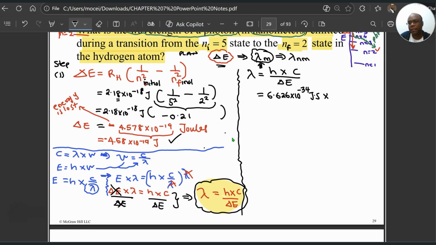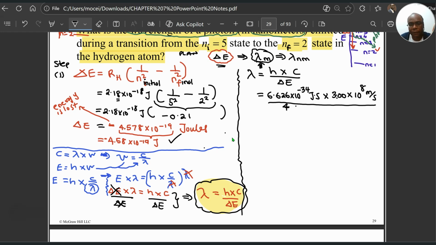That's usually provided in the test. And the speed of light is a constant too. It's 3.00 times 10 to the power 8 meters per second. We are dividing this by delta E, which is